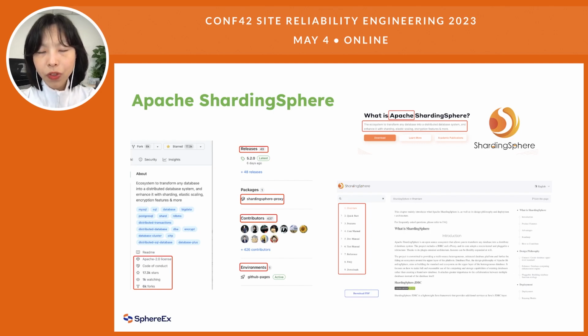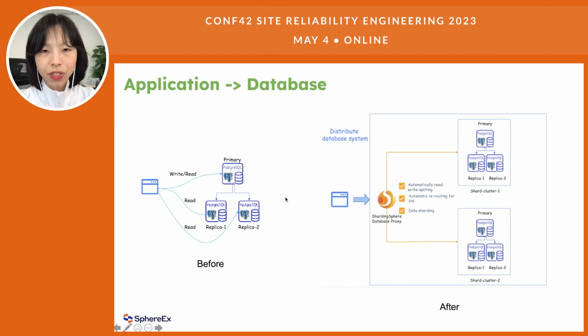If you use ShardingSphere as the computing nodes, then you can see here that ShardingSphere plus your PostgreSQL database cluster will make up a distributed database system.